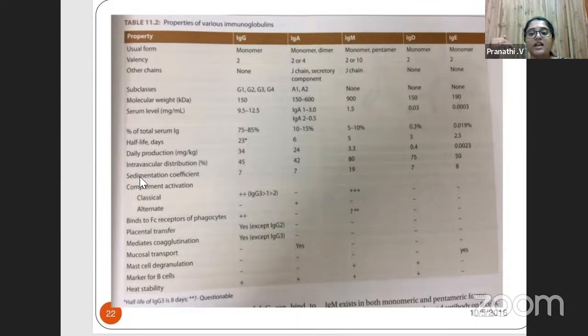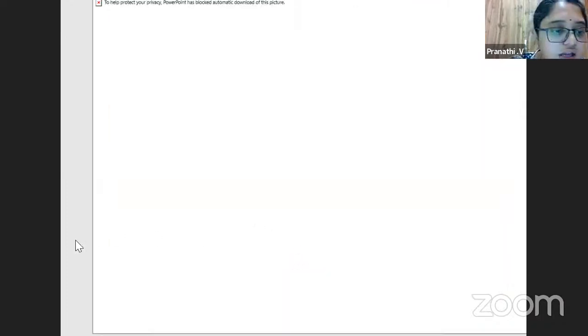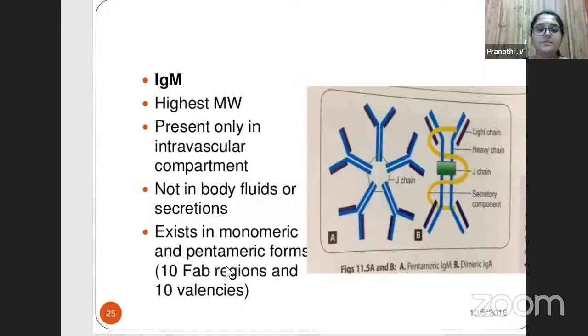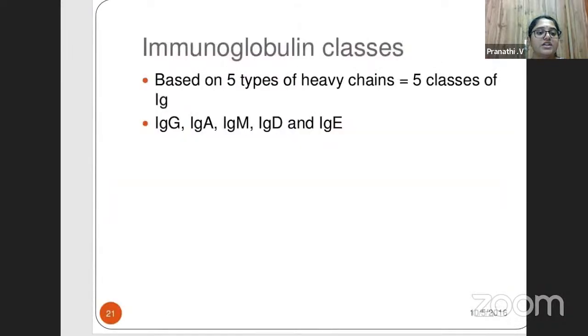And how much of it is being produced daily? The intravascular discussion, all this has been given over here. So we'll just have a look at it later. So when it comes to IgG,